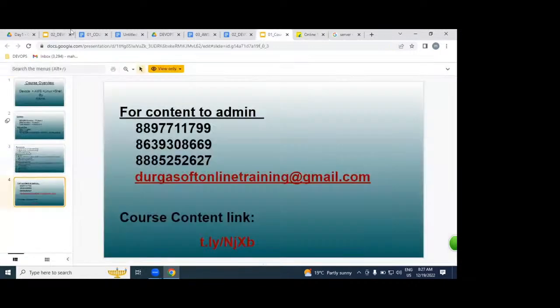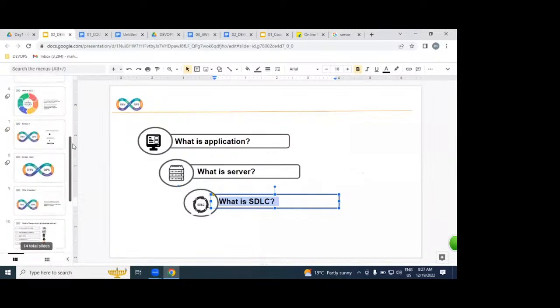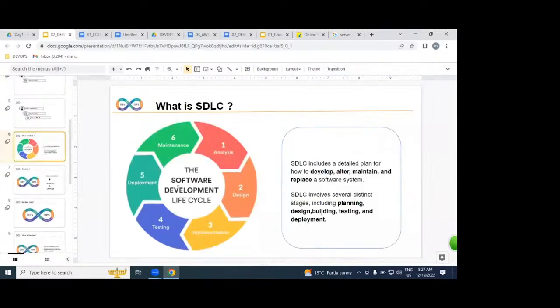But the next question is pending, guys. Please tell me, what is SDLC? How many people are aware of this? Online students can reply. How many of you know, and how many of you don't know? If you know, say yes sir, I know it. If you don't know, say no, I don't know. Can you reply in the chat box, all of you? Because if you reply, I can explain more about this.